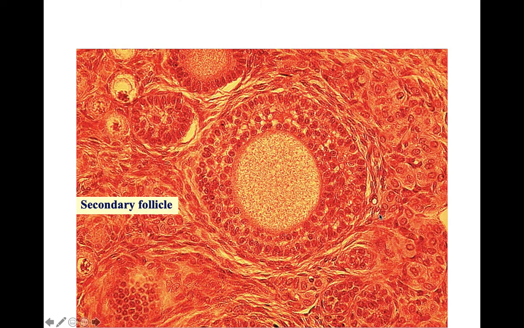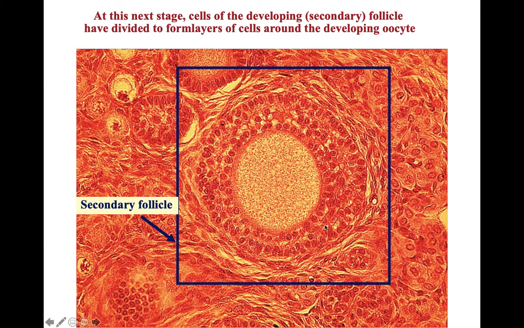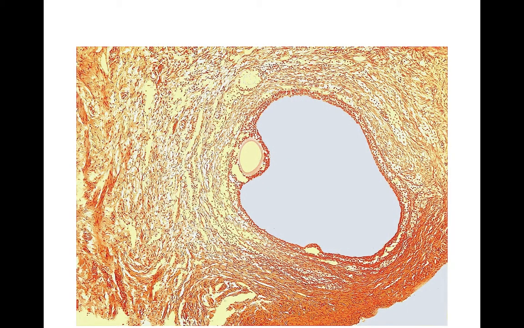On the next diagram, you have an even more developed secondary follicle. You can see the walls of that follicle are really thick, with lots of cells, and all of these cells are churning out estrogen. So with the development of secondary follicles, the estrogen levels will start to get higher. Now, at one point, one of those secondary follicles is going to develop even further into this big, massive structure. Don't forget, this is all microscopic, so everything is relative, but compared to the sizes of primary follicles, this